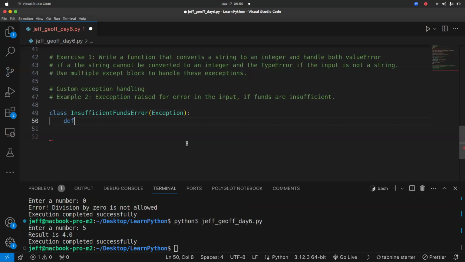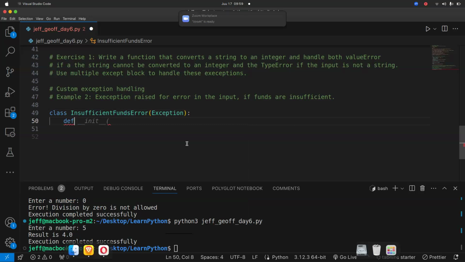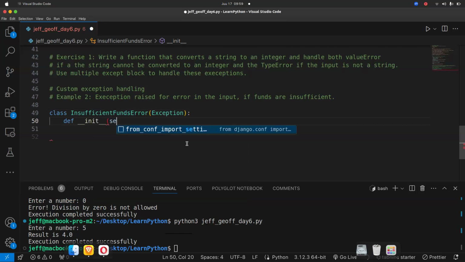We are going to define a self-initializing method that takes in self, and then we will have balance and amount. Don't worry about this.